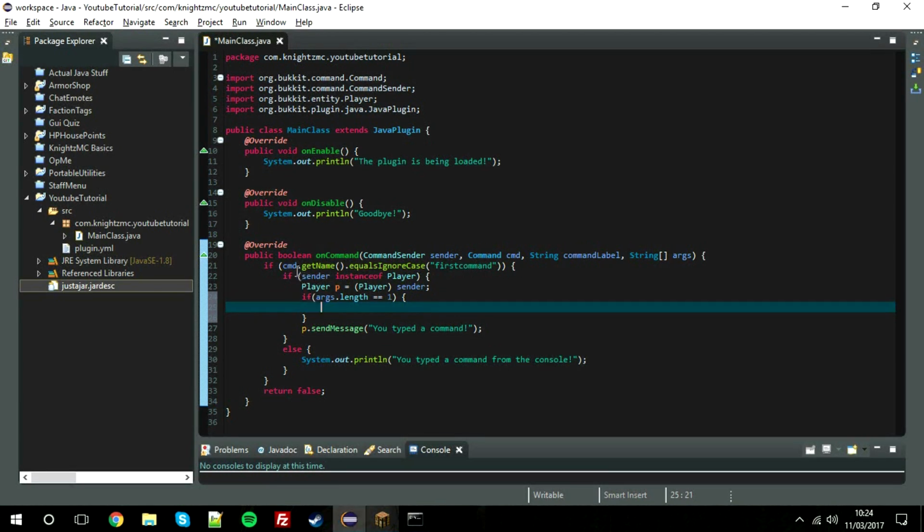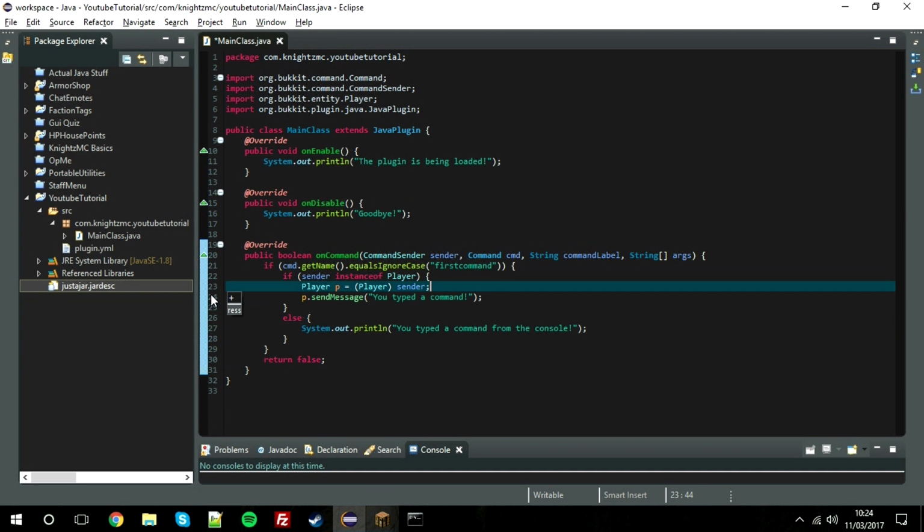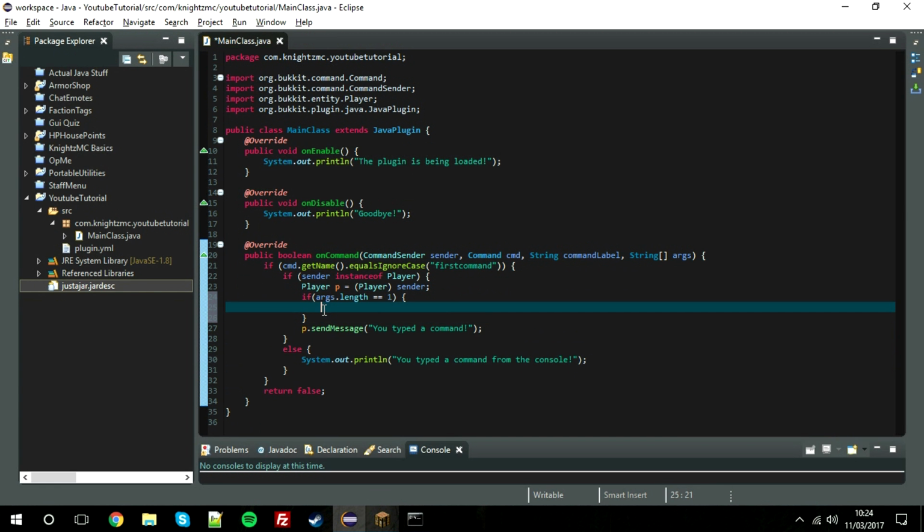But we've still done it in the instance of the player because we want to make it different for the console. Actually, no, let's not. Actually, no, we need to, because we need to do stuff to the player still. Right then,